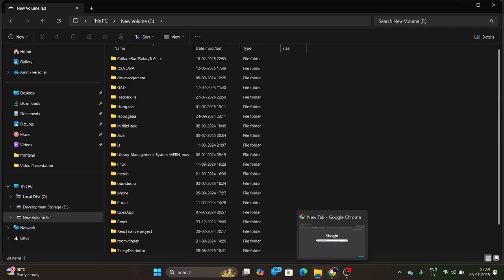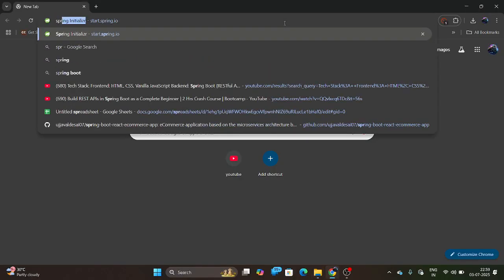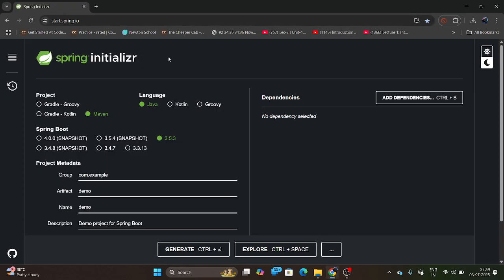I begin by creating a Spring Boot project. Firstly, I initialize my project using Spring Initializr. This is a Maven project, the language is Java, and the Spring Boot version is 3.5.3. The group name I have given is backend, and the artifact is